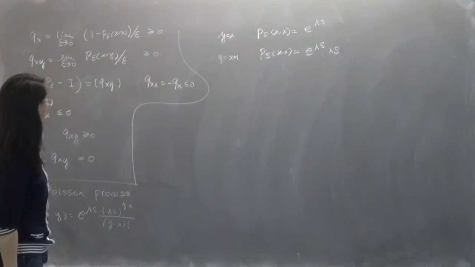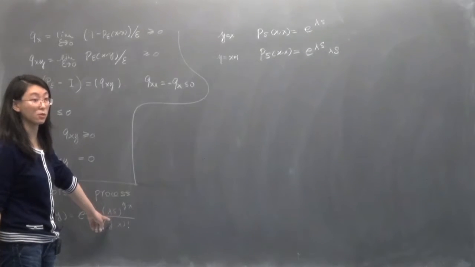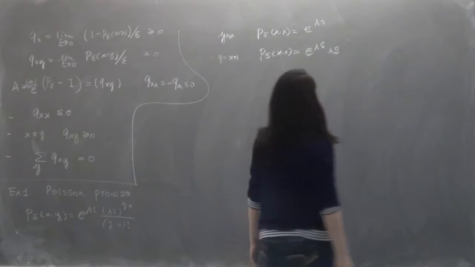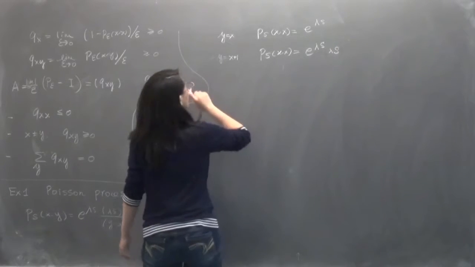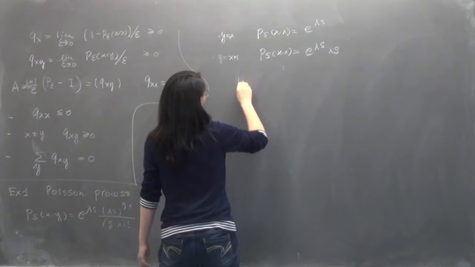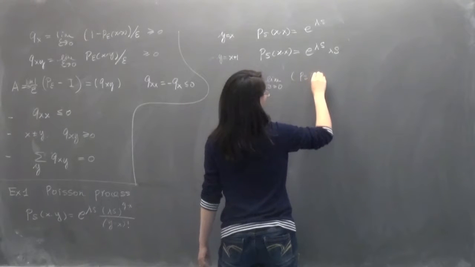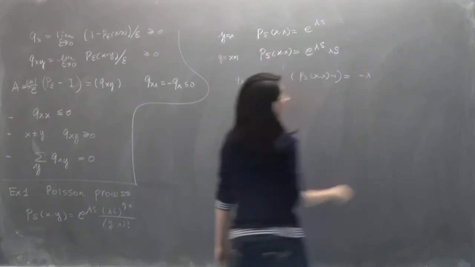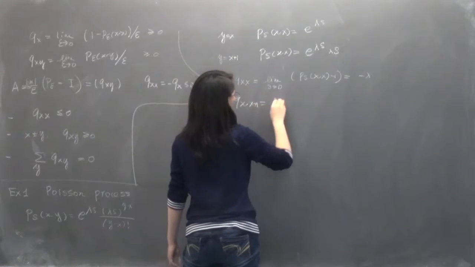And if y is greater than or equal to x plus 2, then we see that here will be at least s squared. So it's much smaller than s to the power 1. So when we take the derivative, there's nothing, so the limit will be 0. So the only meaningful terms are these 2 terms. And now we take the derivative with respect to s at 0. What we have is Qxx is minus lambda, and then Q x, x plus 1